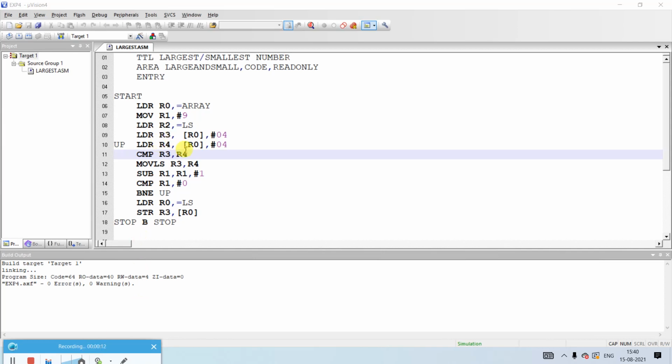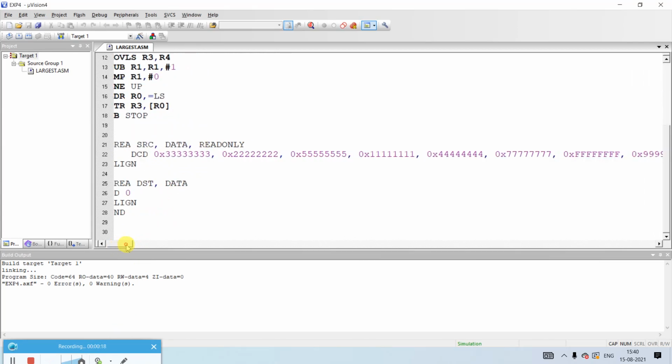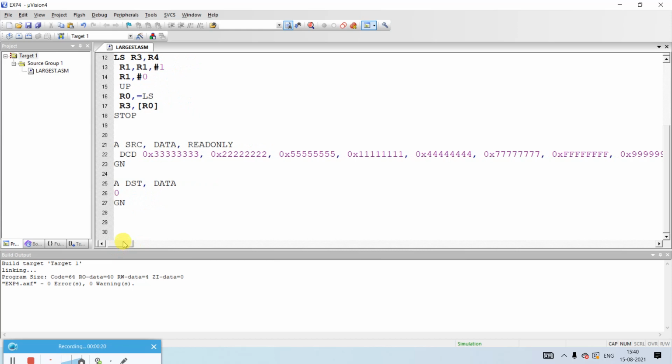In this session, I'm going to write an assembly language program to find out the largest and the smallest in the given set of numbers. Now, before we proceed further, let me show you what are the numbers we are going to have here. The numbers are all 32-bit numbers. These are all 32-bit numbers because we can see 8 digits. 0x stands for a hexadecimal number, and you can see 1, 2, 3, 4, 5, 6, 7, 8. Because each digit represents 4 bits, 8 digits represent 32 bits.